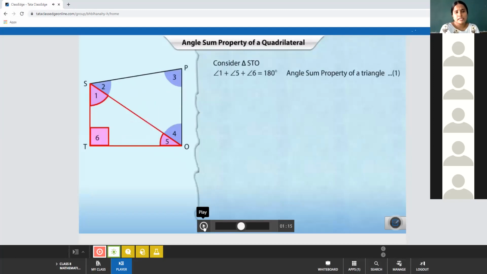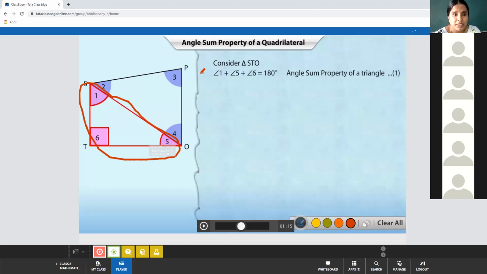To prove that the sum of the angles in the quadrilateral is 360 degrees, we are using two concepts here. The first one is that the diagonal divides the quadrilateral into two triangles. The second is that in every triangle, the sum of the angles is equal to 180 degrees. So it is very clear that in this triangle the sum of the angles is 180, and in the other triangle the sum of the angles is 180. If you add up all the angles, it will be 360, isn't it? The same thing you will try to put in the form of sentences.